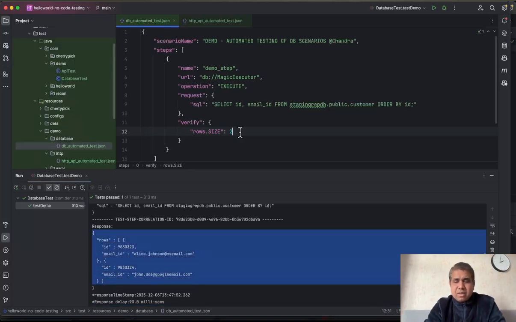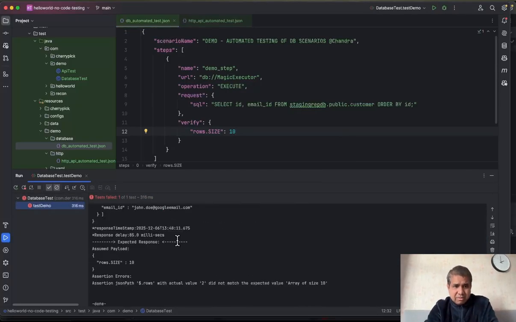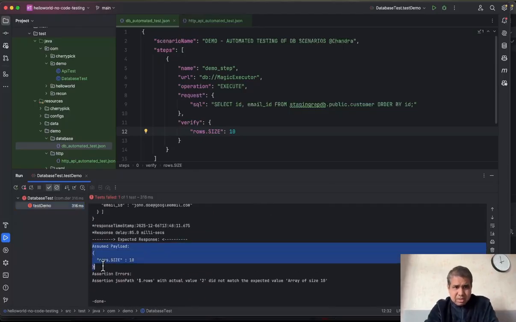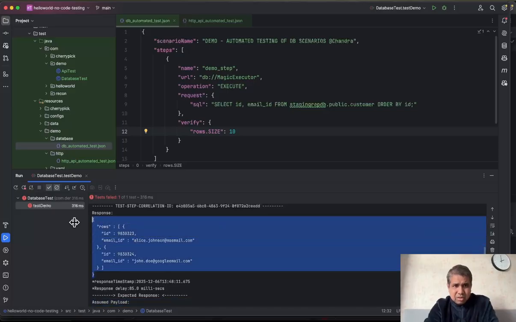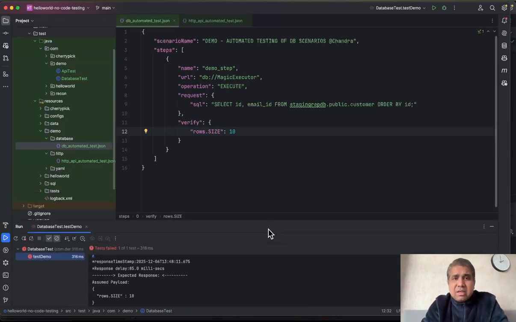Let's say if we're expecting 10 rows, which is not right, and if you run it, it should fail exactly for that reason. See, the payload we're expecting is 10, but the actual is 2 rows, and that's exactly where it gave the error. Did not match 10 with 2. Okay, we'll get into these aspects of what all things you can execute later, but for the demo purpose, let's focus on